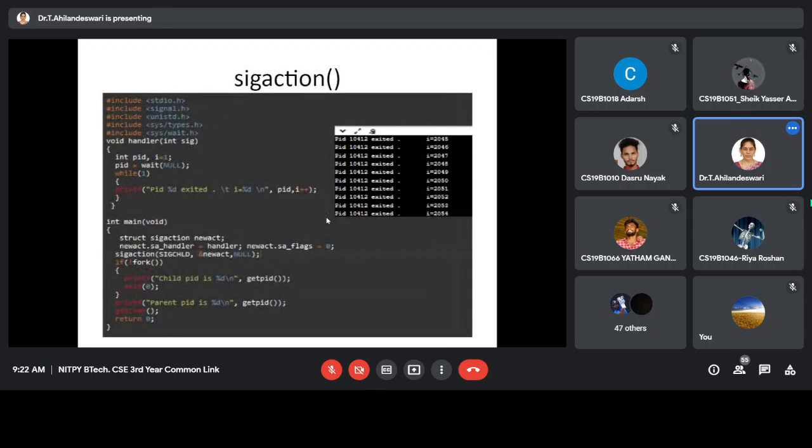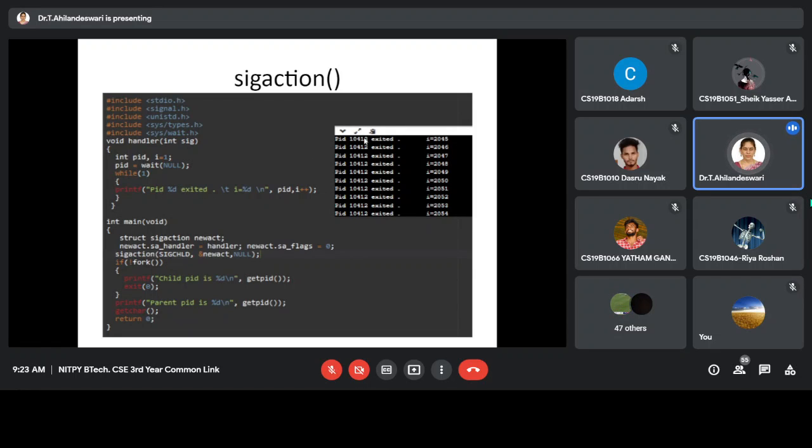Whereas if you take sigaction, we specified SIGCHLD. Here we are running the program. We are printing the parent ID and child ID. Here it is executing the current handler. After terminating the child, the handler is executing.